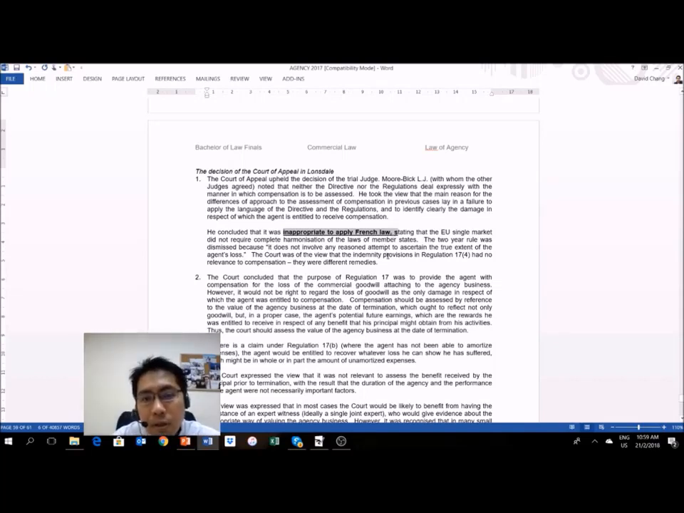The French position, or the French case law, was such where they used a 2-year rule. And the English court said that this 2-year rule is to be dismissed because it does not involve any attempt to find out the true extent of the agent's loss. So here is where, in a way, the English judges are interpreting Regulation 17.7 on compensation through the eyes